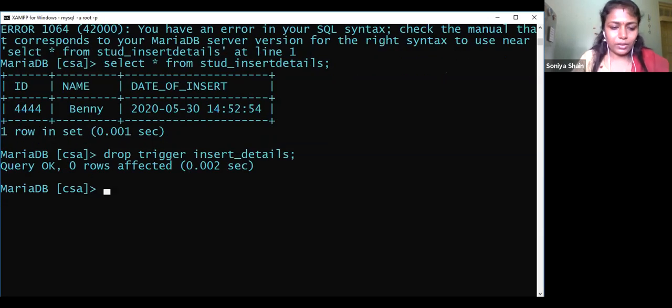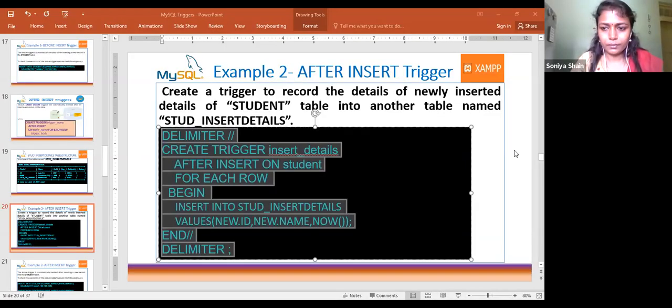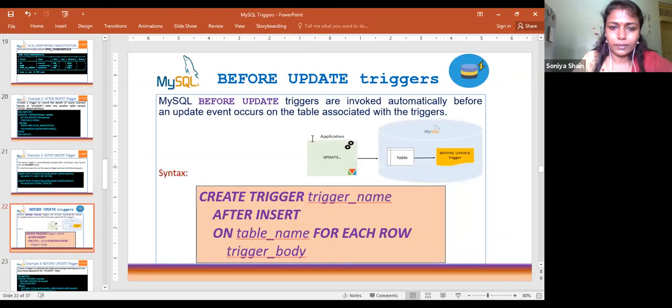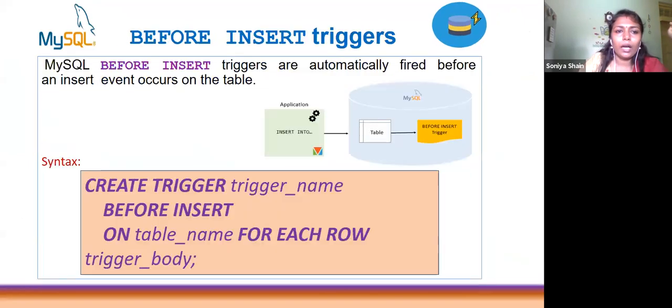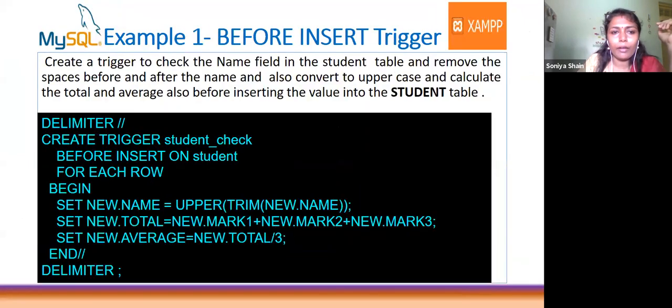Then we will go back to the PPT. So now we have completed before insert and after insert.